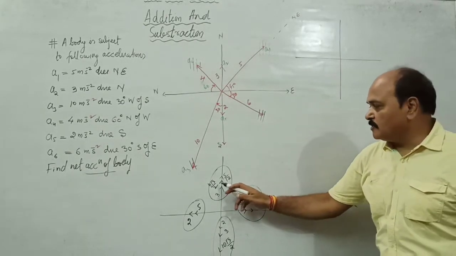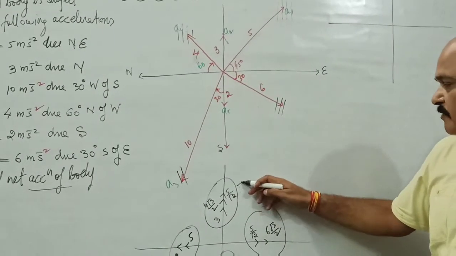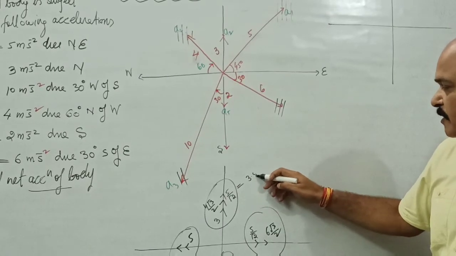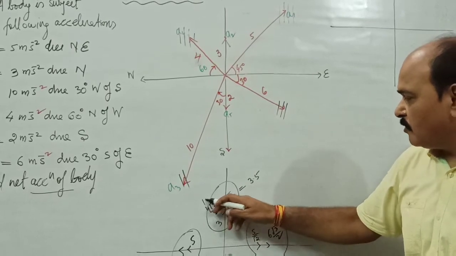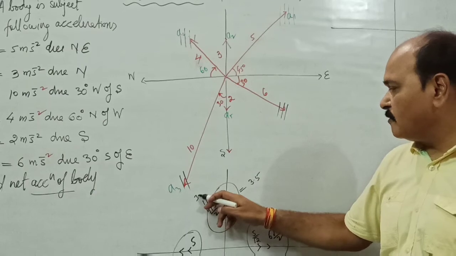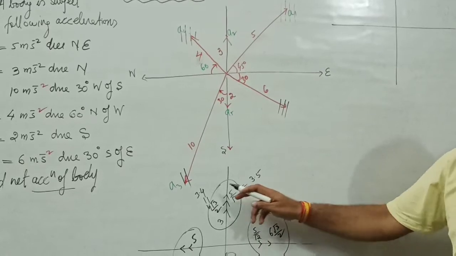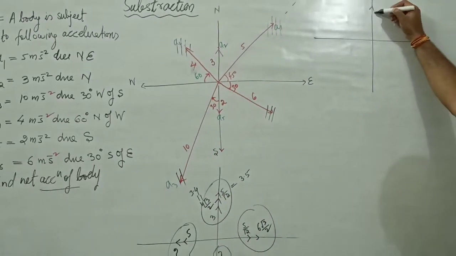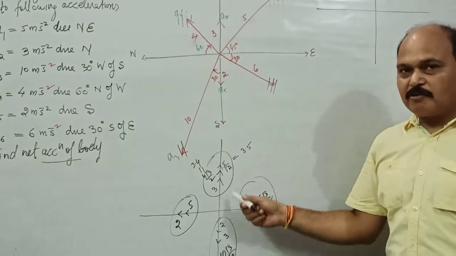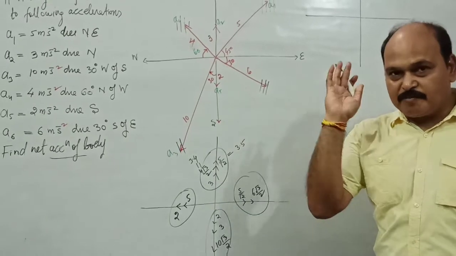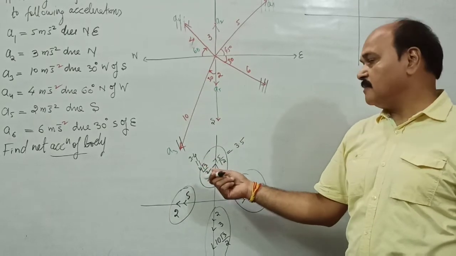The sum of these three vectors which are in the same direction would be their simple sum. And what is that simple sum? 5 root 2 is nearly 3.5. 4 by 2 root 3 is nearly 3.4. So the sum total of all three vectors this side is 3 plus 3 plus 3, 9.9. Why is the sum of all these three 9.9? Because all three vectors are parallel and the vector sum is going to be their simple sum, and the direction is going to be the same as the direction of all three.